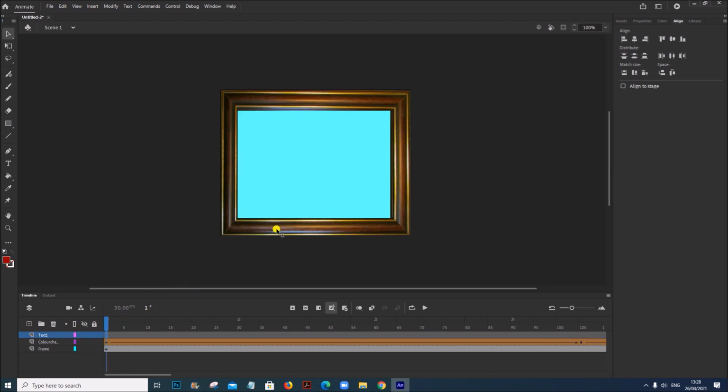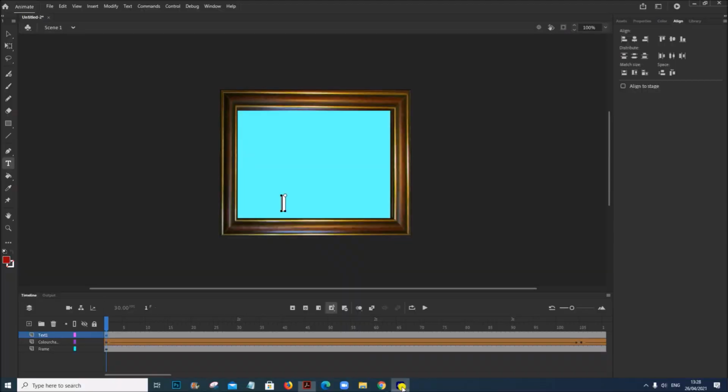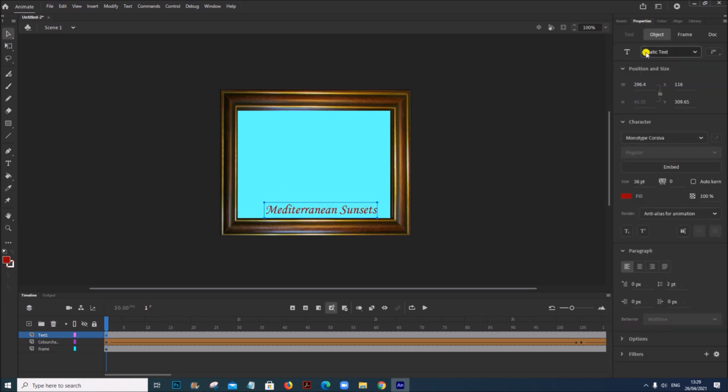So from the beginning, take the text tool. The first text is this one. You can see it is red color.